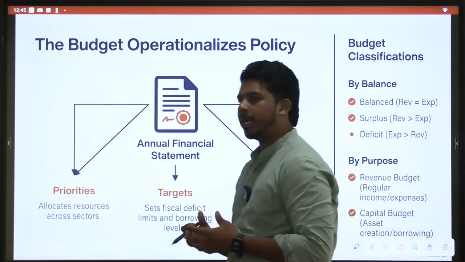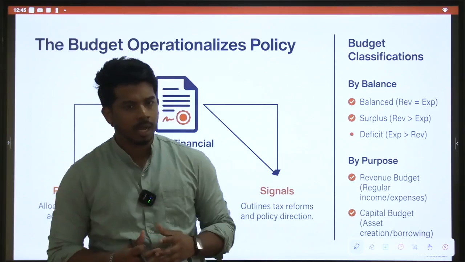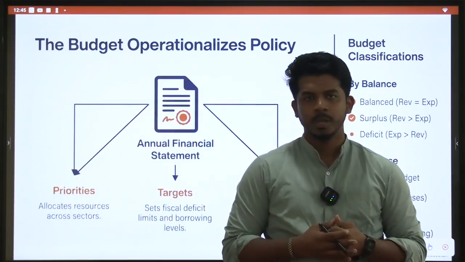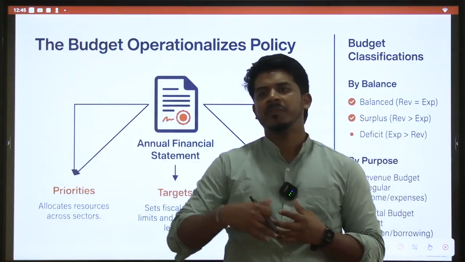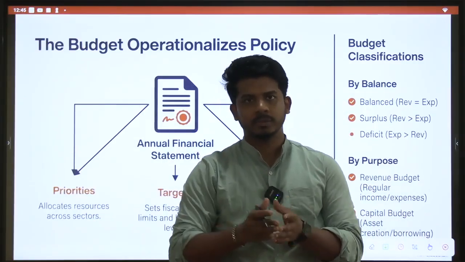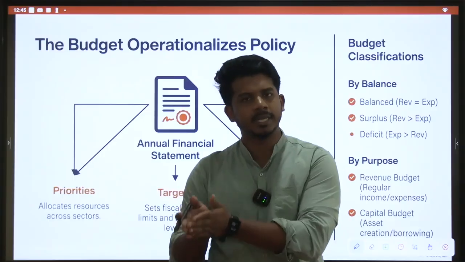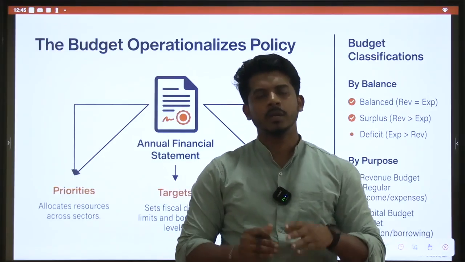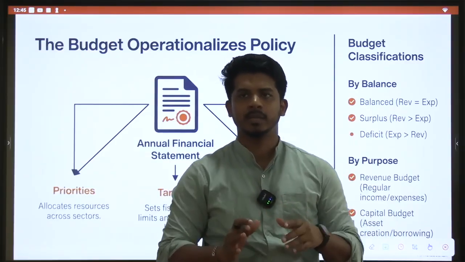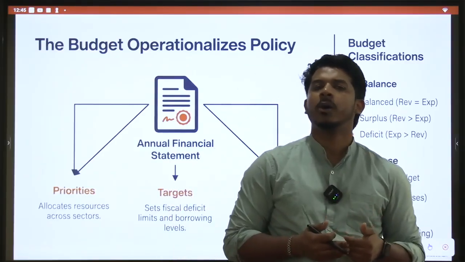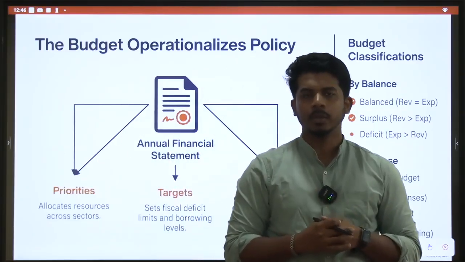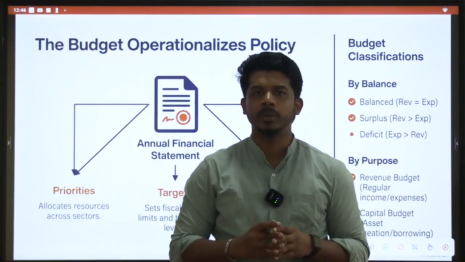So, how do we operate our fiscal policy? The operation of fiscal policy is usually done through every year's budget. Budget means when the financial year is coming, like this new financial year 26-27 is starting from 1st April 2026. So, on 1st February 2026, just 2 months ahead, government is announcing its fiscal policy for the upcoming financial year. The documents related to this announcement we call budget.